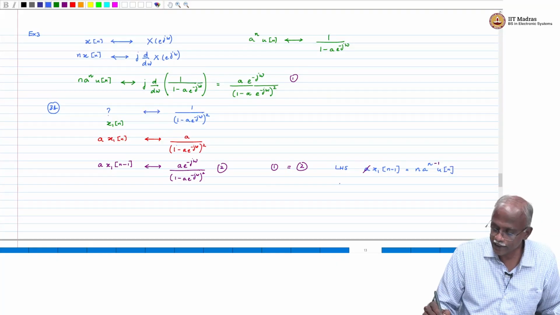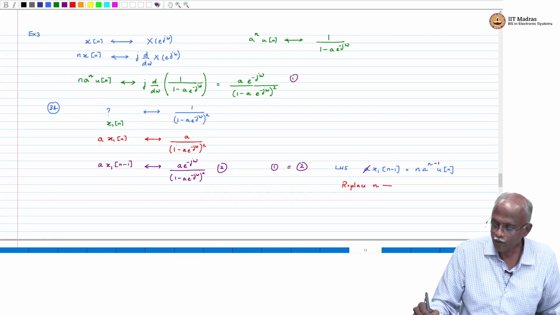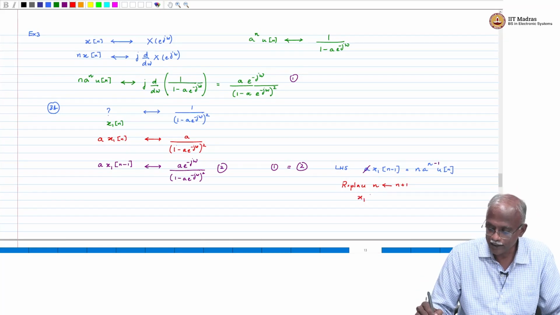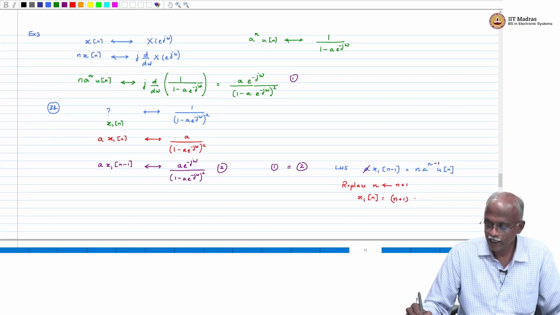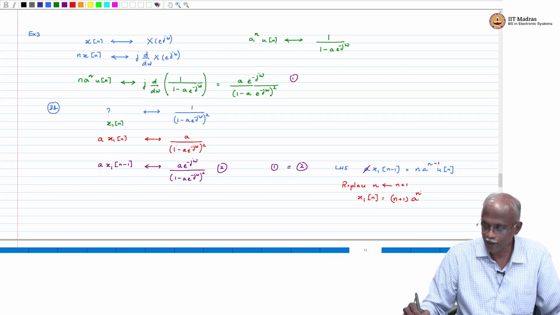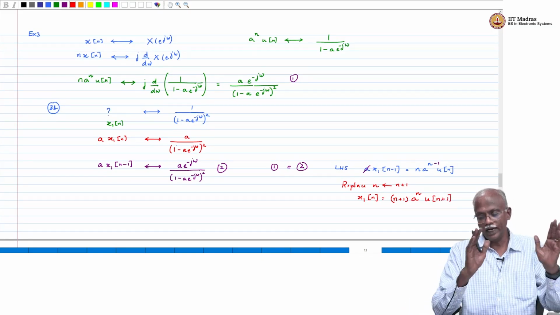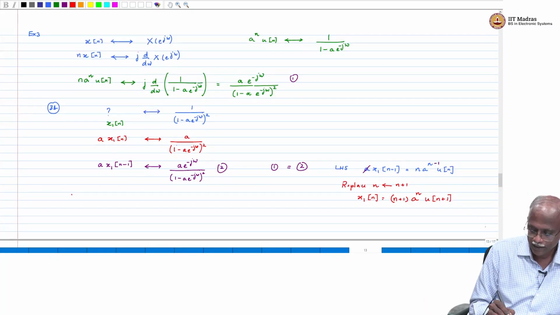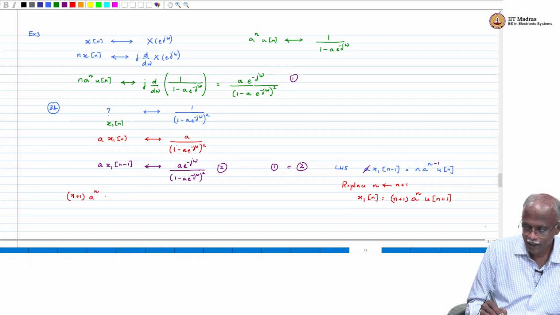So if you replace n with n plus 1, on both the left hand side and the right hand side, then what you get is x1 of n will be equal to (n plus 1) a power n plus 1 minus 1. So that will become a power n and u of n plus 1. (n plus 1) a power n u of n plus 1. So from here we write down saying the sequence (n plus 1) a power n u of n plus 1